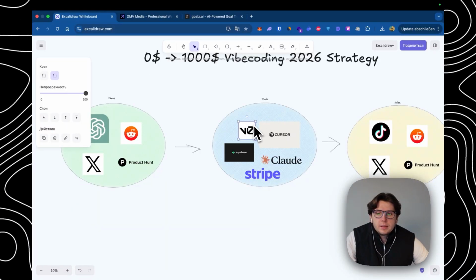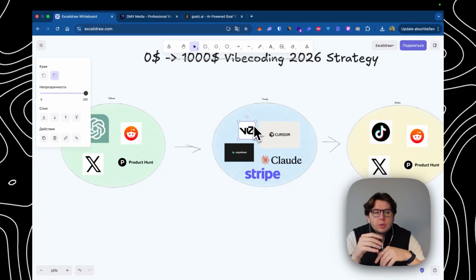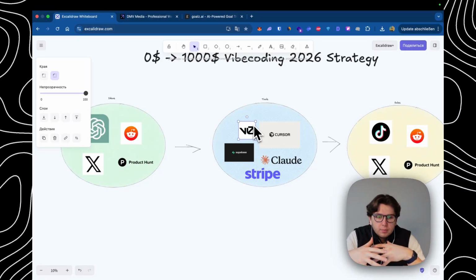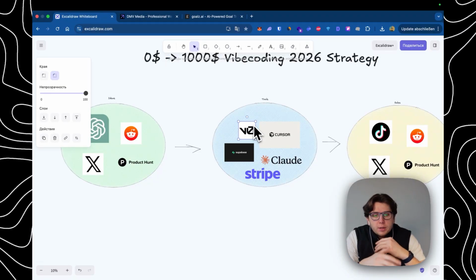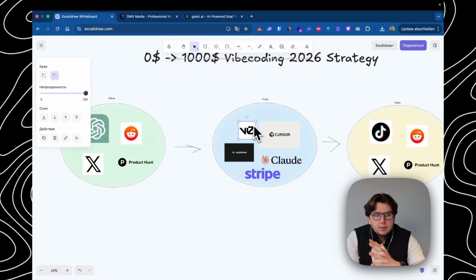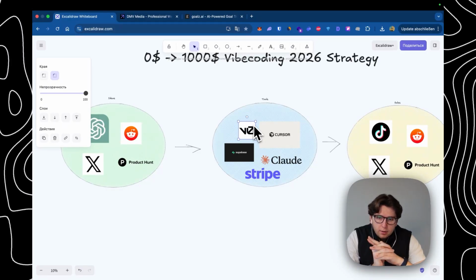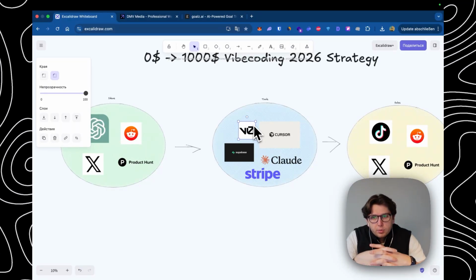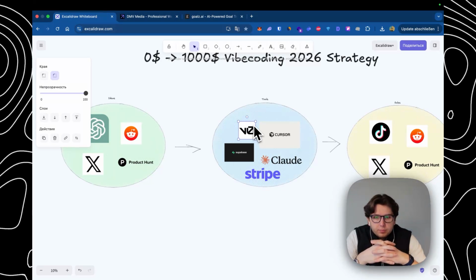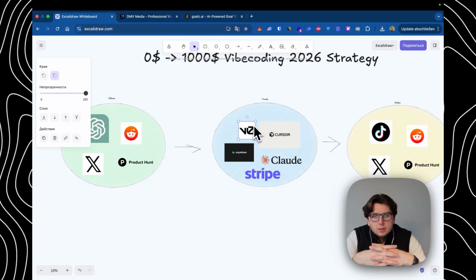Then I take this initial prompt and go to V0, because V0 is a very nice place where you can initially build your idea with a great vision from ShadCN, React and Next.js. It's a very beautiful framework for your website and a very scalable solution. Believe me, there is nothing better than React and Next.js. You can do nothing wrong with starting with V0.